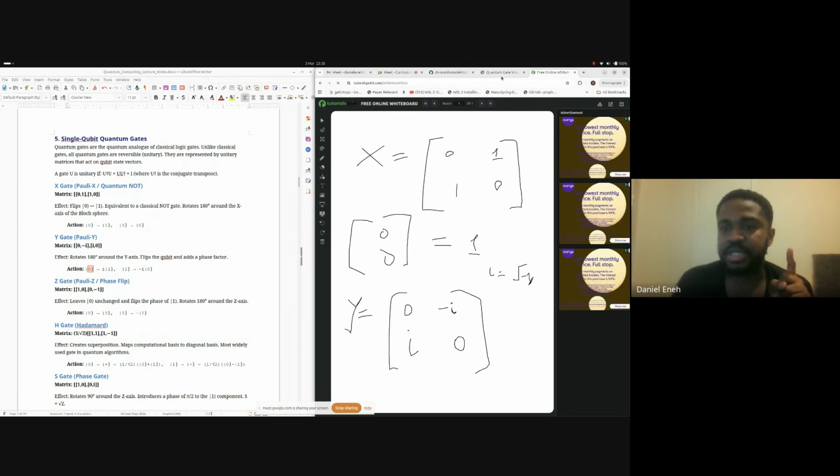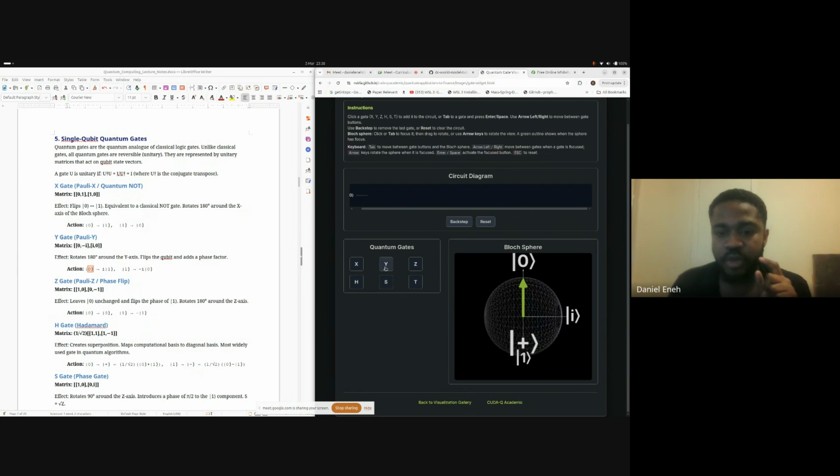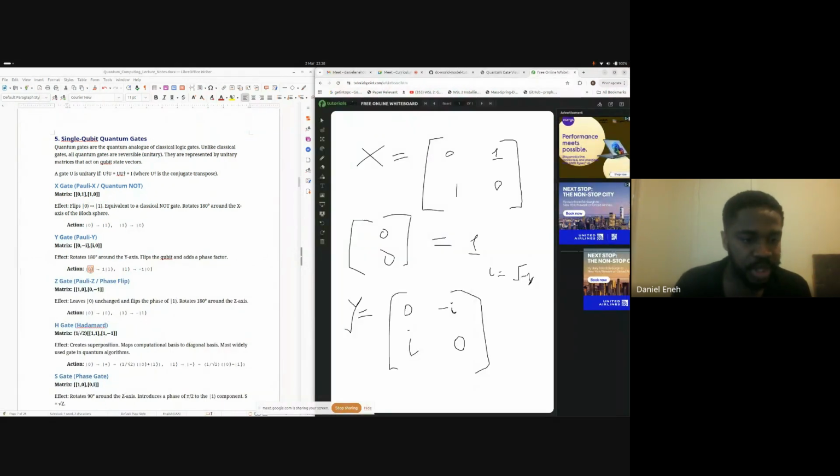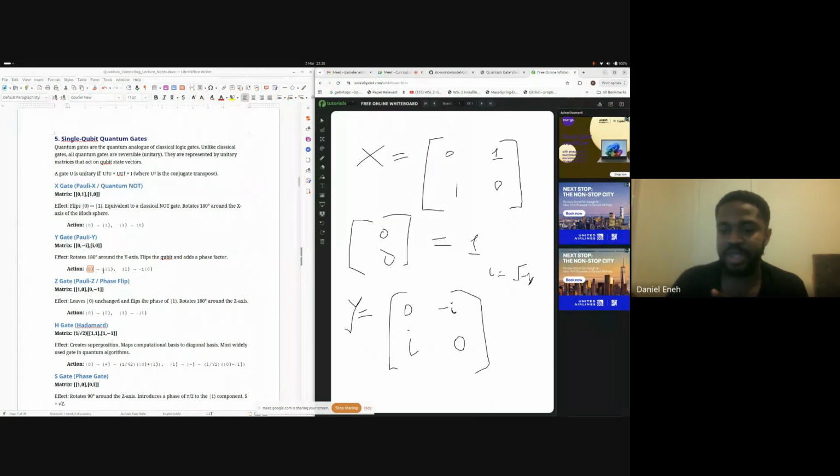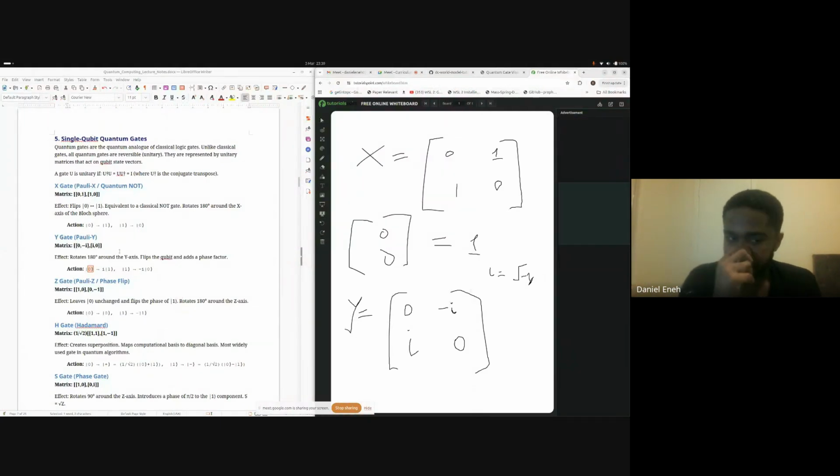So let's try it in this Q gate. If you put in a Y, it will still be 1, but there will be a phase difference that is not visible. It's just going to add to the phase factor. The Bloch sphere will not show that phase factor, except when it becomes aggregated. So if you put in Y, you see it still changed to 1. Makes sense. If you put in 0, it's going to give you i1. So it's still 1, but that i is just showing a phase which doesn't get captured in the Bloch sphere.